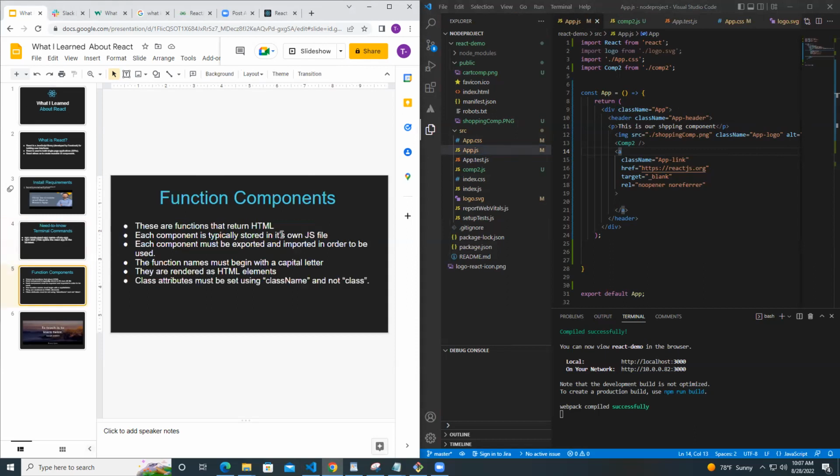And so our next slide I wanted to go through are the functional components. That's really the main thing I want to cover here. So functional components, the way I understand it, are basically functions that return HTML. So when you think about the traditional web application, you think HTML, CSS, JavaScript, and you think everything is programmed in the